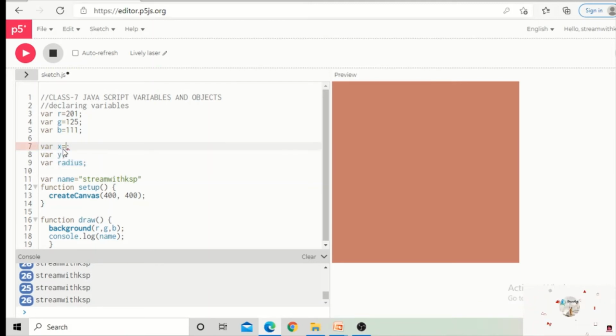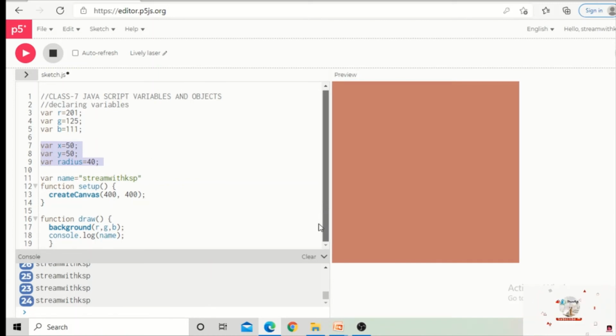These are the 3 variables I need for my circle, and I'm going to declare the variables here. I'm giving the X position as 50, and the Y position is 50, which means I'm assigning the values, okay, and my circle size, the radius, will be 40. So I have taken 3 more variables and I have assigned the values. Now if I want to display the circle, I need to go to the draw function, and I'm going to write the circle instruction here. And when I'm writing the numbers for the circle instruction, now I can use these variables. So I'm going to use X comma Y comma radius here.